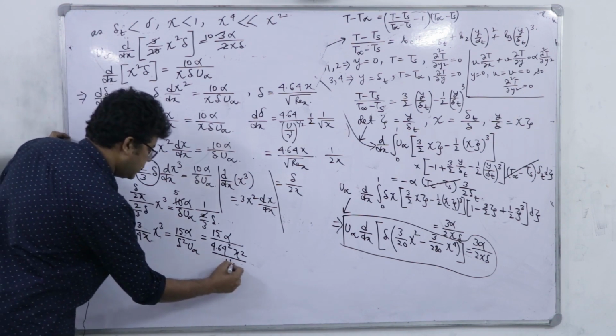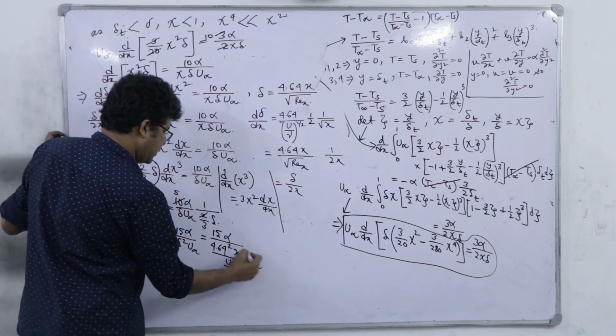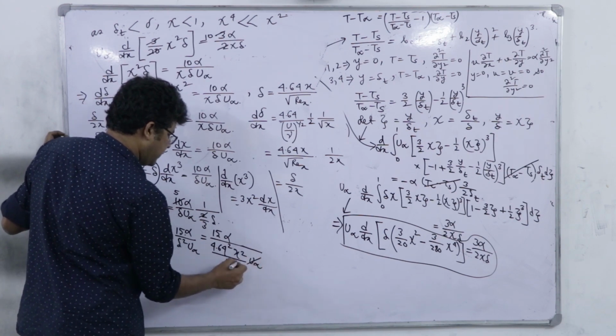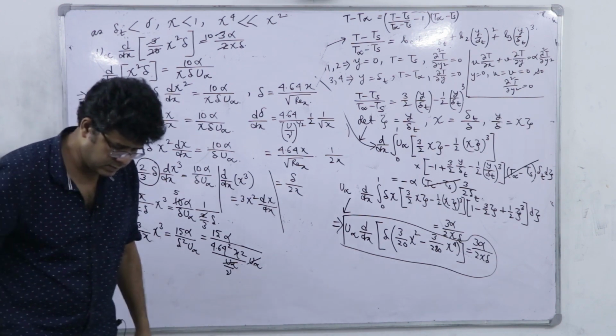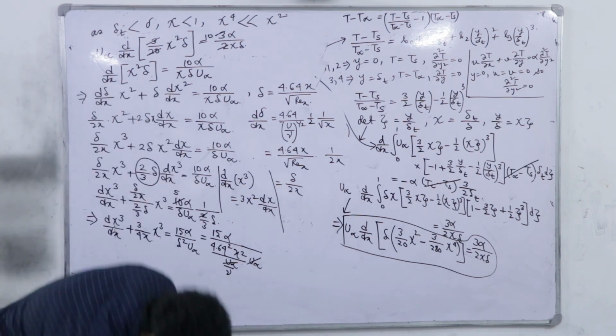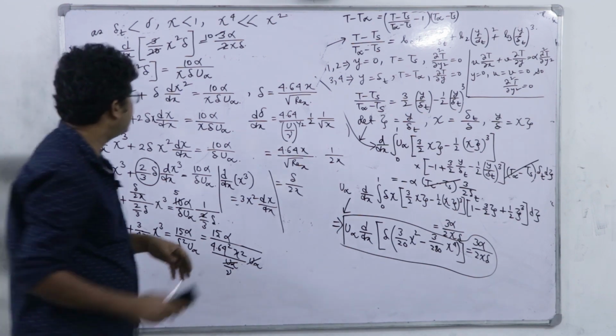U infinity by nu, and that is also multiplied by u infinity. So this u infinity cancels out, and the modified form is